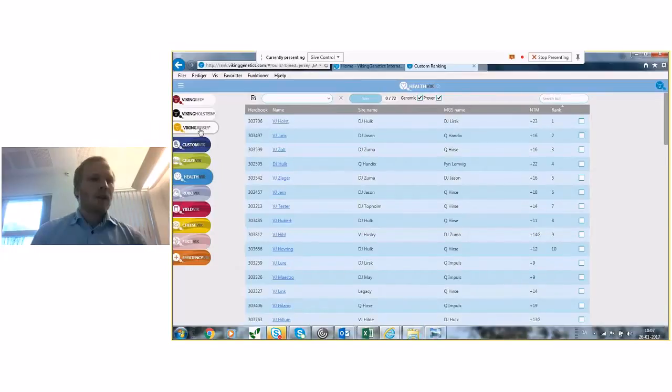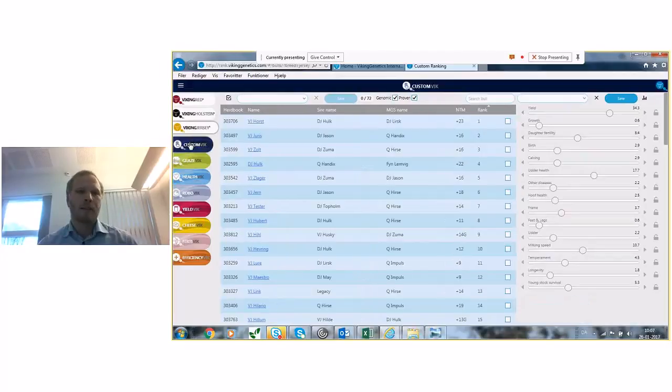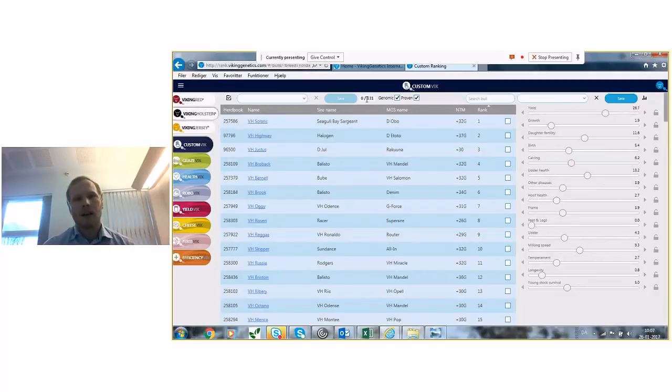But the one thing that is really interesting, and that I have used quite a lot around different customers, is the custom Vik. If you come out to a farm and you would like to have a special breeding strategy for this herd, and the farmer wants to make some decisions about what he should breed for in the future and which way he should go, this custom Vik is really good. So say he has a Holstein herd, and he would like genomic and proven, it doesn't matter for him.